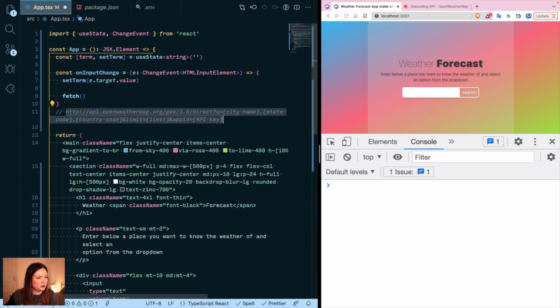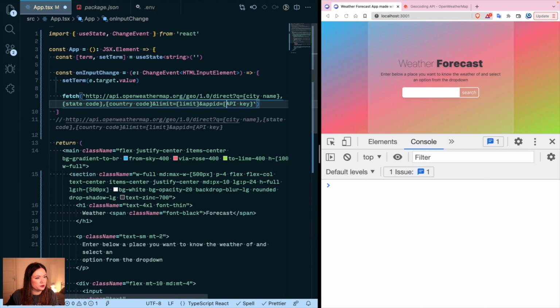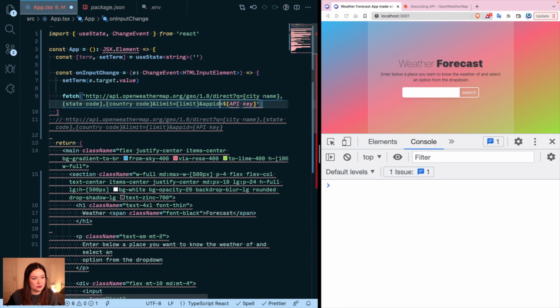Let's copy this and put it in backticks so we can use, you see they already gave us these curly brackets, and if you put a $ sign before it, it becomes a lovely thingy. Okay, what do we have here? Let's break it down. This thing is our base URL. That's just where the API is and also where the website is, you see,